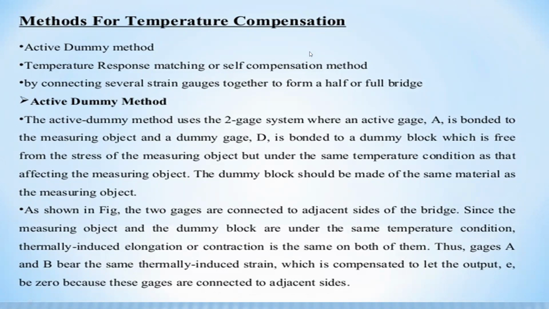Without any loads acting on that strain gauge, that means in a stable position, we are not acting any type of loads on it, and the temperature is in a stable condition. That means the room temperature, which you can use for measuring in different applications, is the temperature placed on the strain gauge.